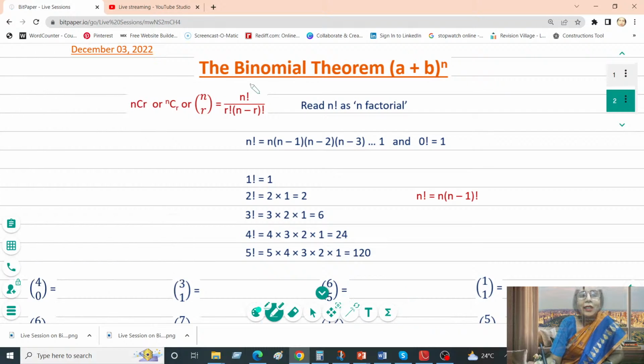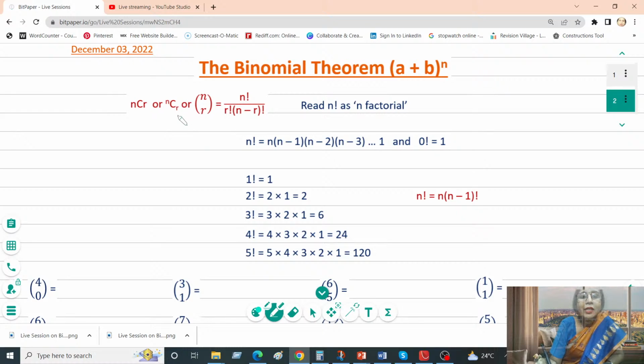Hello students, today is our second class on this chapter, binomial theorem, and we are right now dealing with only positive integer powers. In our last session we have seen that nCr can be written in this form, or in this form, or in this form, and they represent the binomial coefficients. We found the values of nCr for different values of n and r using the TI-Nspire calculator in our last session.